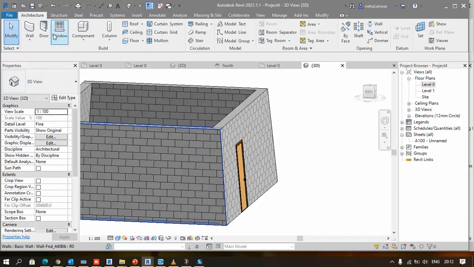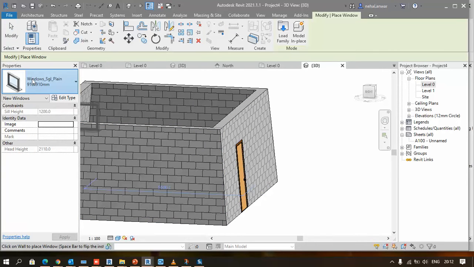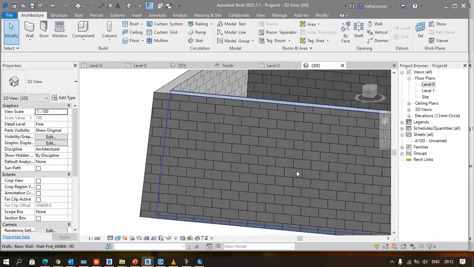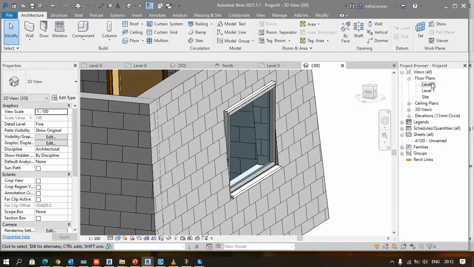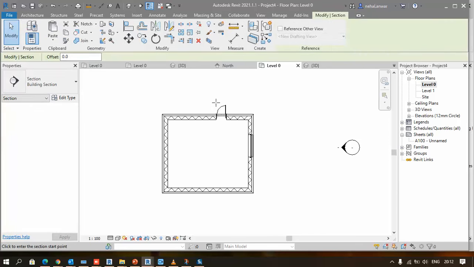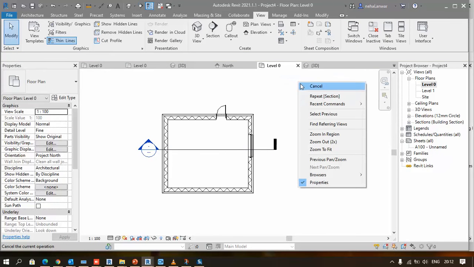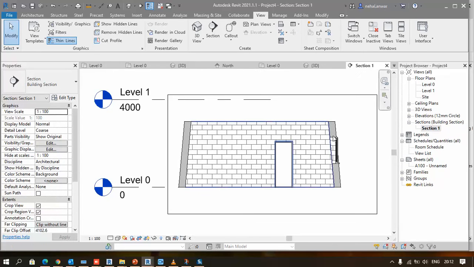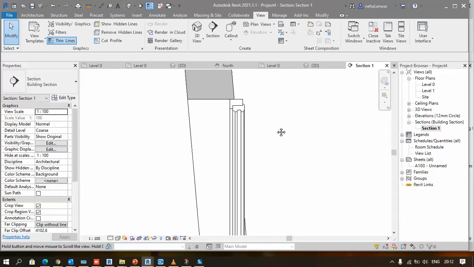If you need a window, same option, click on the window. If you need different types of window, select the window option here and place it. The window is here. And if we move it from here, see, if you need to draw a section, suppose we need view options, just click the section, and right now I am going to draw a section. After selection, there is the section option, where we create the section. See, it is not placed in the proper position.